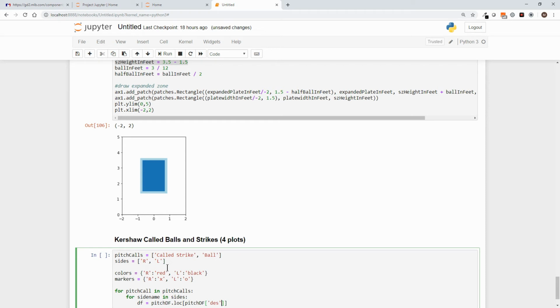So remember, we've got a description for the at-bat itself, and we've got a description for each pitch. So we're saying, give us the slice of that data frame where des equals pitch call. And again, that's the singular pitch call here. So we're going to get all the called strikes first. So where des equal pitch call,